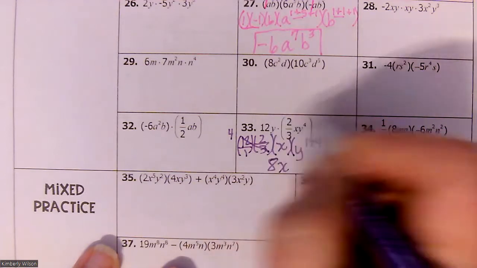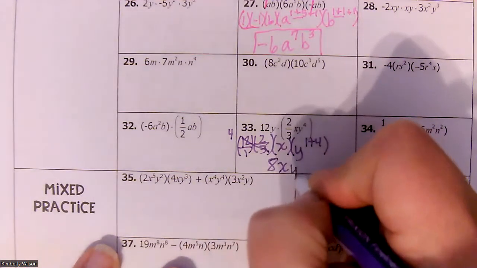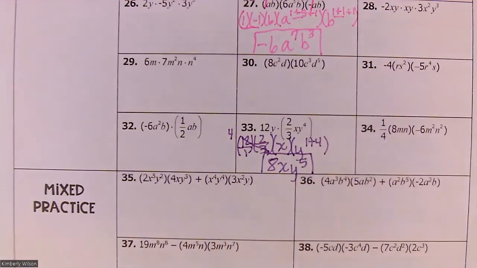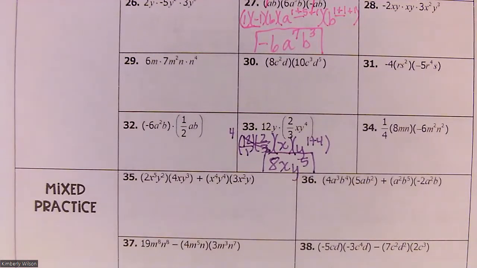Then we have X. There's nothing to combine that with. And then we have Y to the 5th. So my final answer is 8XY to the 5th. Last one